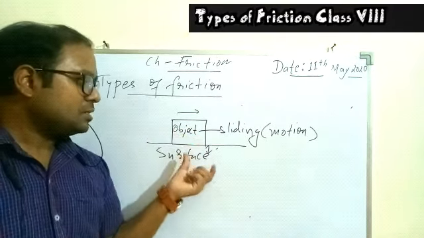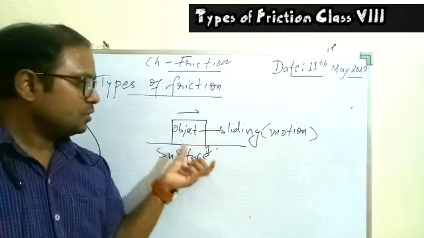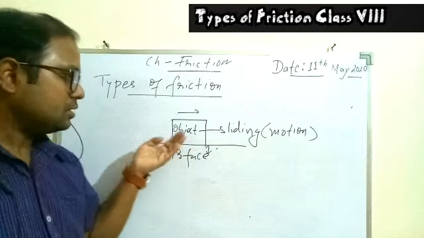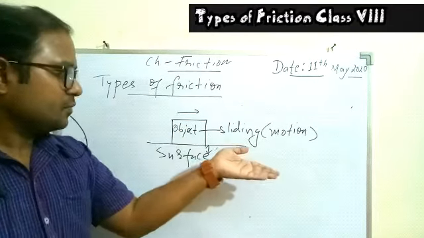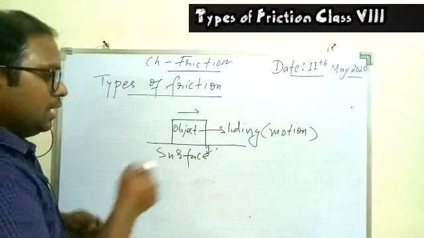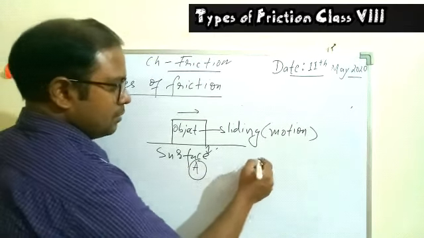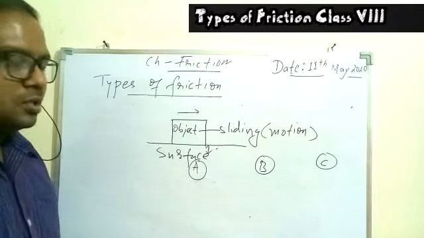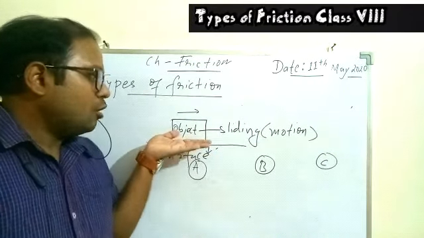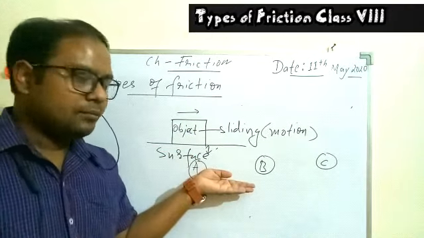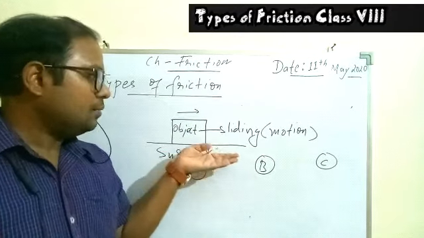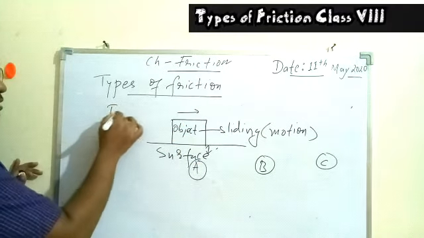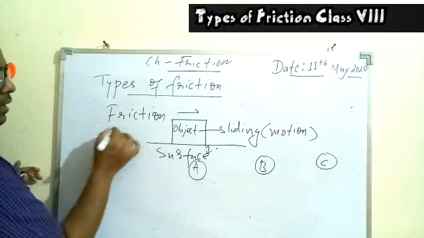This object will not get sufficient time to get interlocked properly. So if the object is in motion, the time for interlocking with the surface will be quite less, because every time the object will change the position. So the object will keep changing the position. At the beginning it may be at point A, then after some time the object will go to B, then the object will go to C. So since there is a change in position, because the object is in motion, the object will not get sufficient time, or we can say it will get less time to have interlocking between the object and the surface. So it is understood, in this case the friction will be quite less.